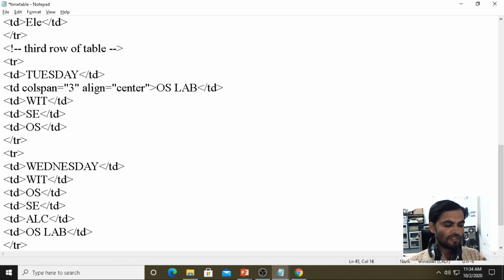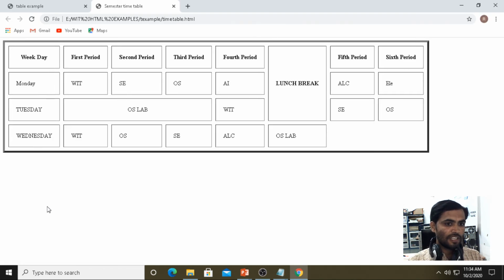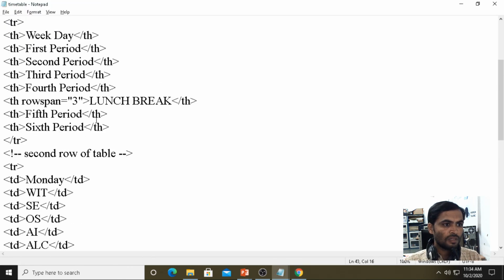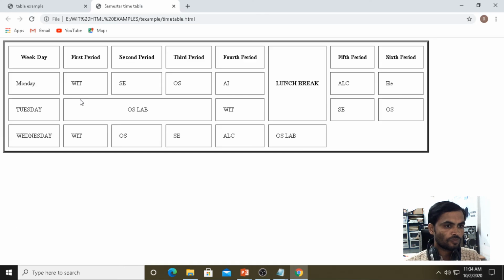Now if you save the file, Control S, F5. Lunch also we should merge. Here the OS lab should come in the 5th and 6th hour. Now here we should change the row span equals 4.